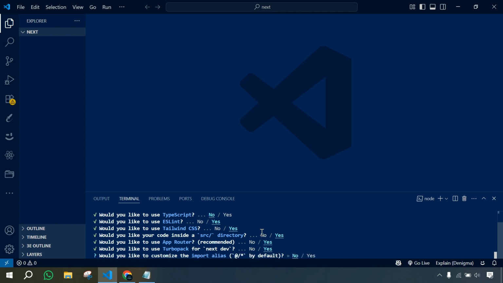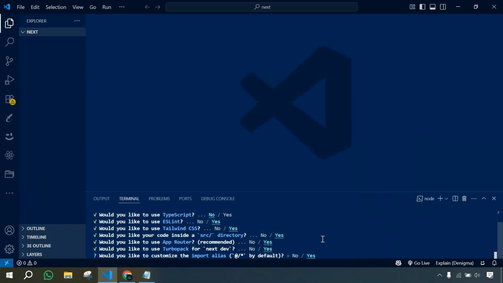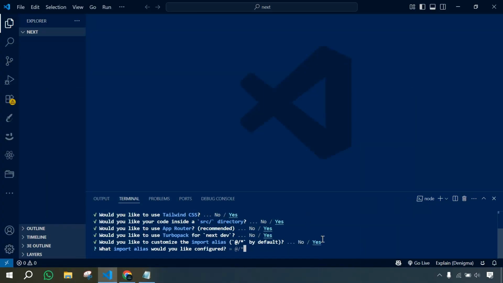And then it asking us would you like to customize the import alias. So we would take as yes, because by using an import alias we can shorten our import paths and make them cleaner to manage, especially in longer projects. So if I show an example, here we can see that we use the file path, or to import a component we use dot slash like that, and with import alias we can use only an @ and then slash like that. So that's why we'll take it as yes, and then we don't need to do anything, just hit